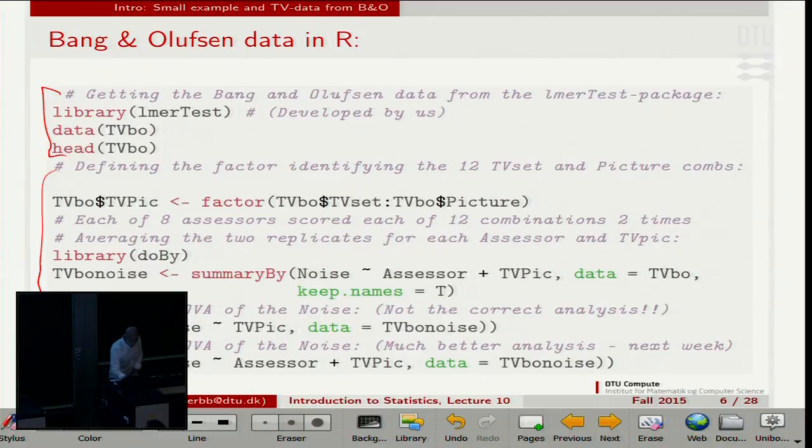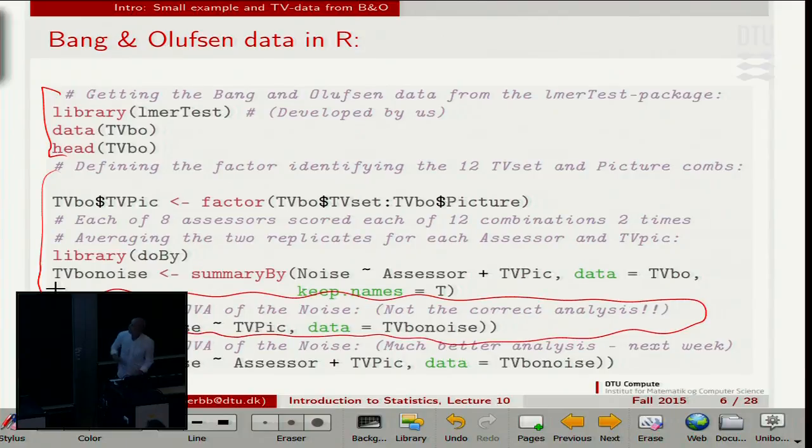What we will learn today is something like this. One-way analysis of variance of the noise variable. And I just point it out: look at how easy it is done in R, and look at how it looks exactly like a regression analysis that you were taught 2 weeks ago. Basically, the noise variable